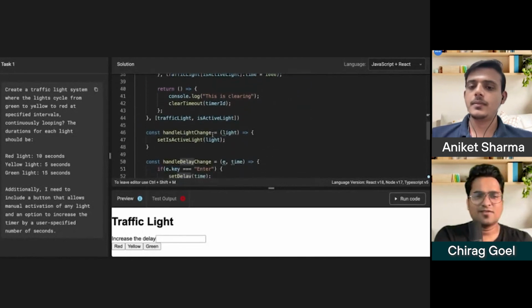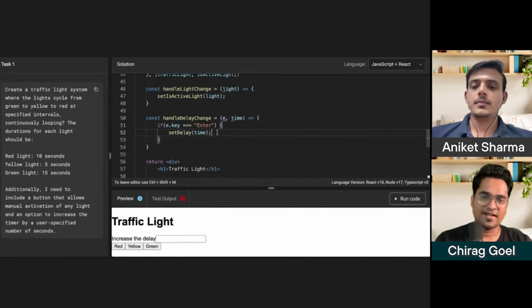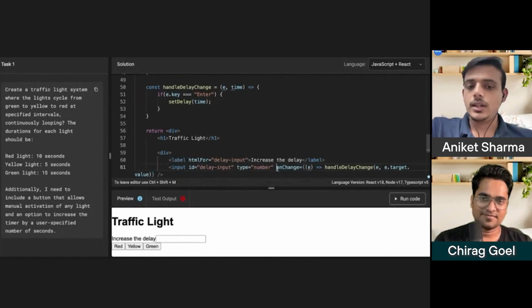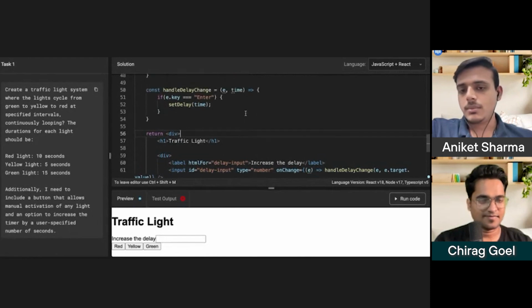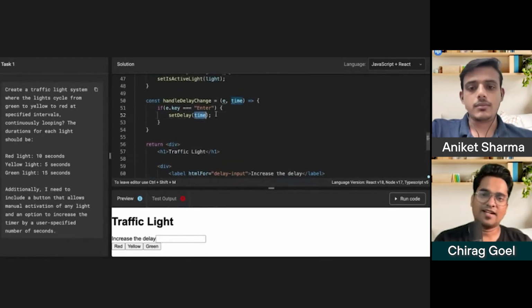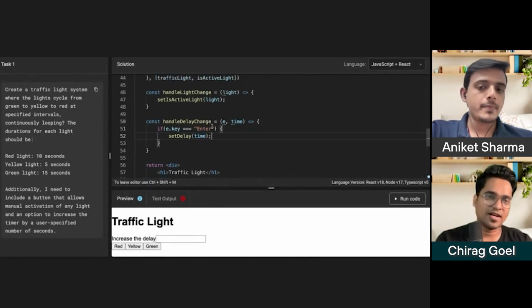Before you come to the solution in terms of coding, help me with your approach. From here, what are you going to do? My approach would be, first take the input whatever the user is typing. You got 10 seconds for the red light. The existing red light is 15 seconds, the timer is going on, you're at the fifth second, 10 seconds more.